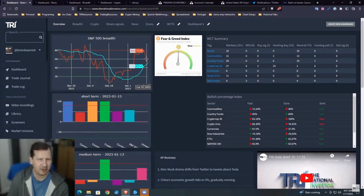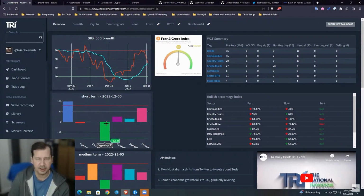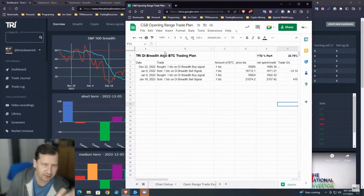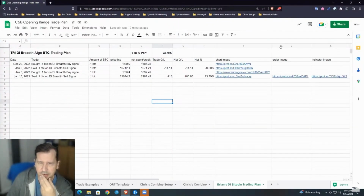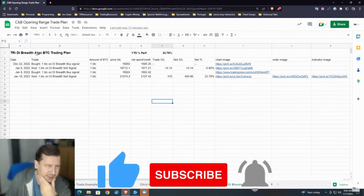The stock market was looking a little waffly. And then, of course, if we zoom down to the histogram, we had, over the weekend, yesterday specifically, very, very overbought signals from the breadth indicator. I'm tracking, this is sort of like every term I like to do a new trading plan, try and demonstrate different ways to trade the market for you guys. So this particular term I'm doing the DI breadth algo, but in essence, I'm going to take every sort of